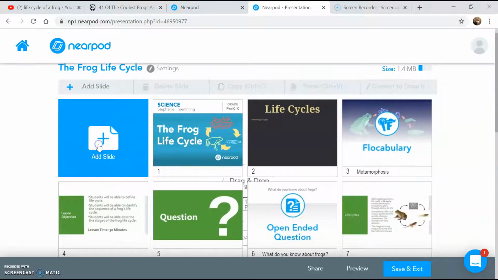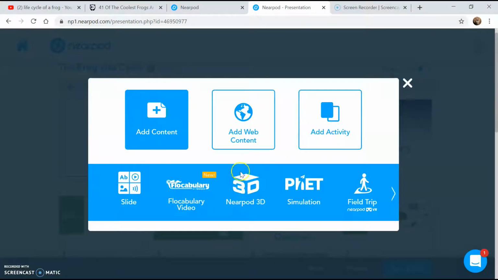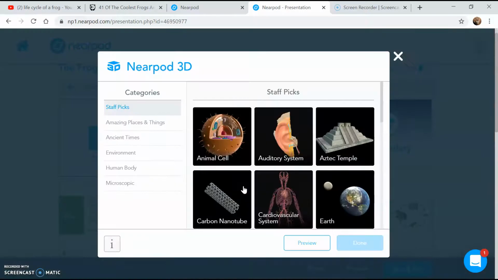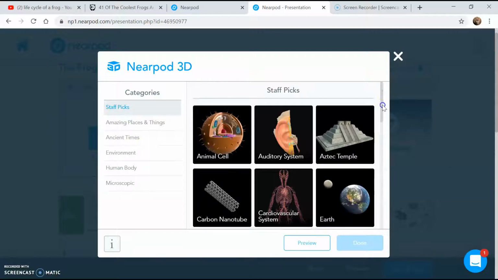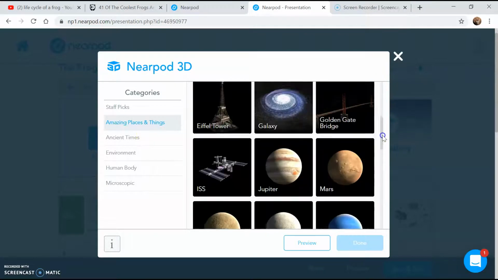Now, let's go ahead and experiment with some other content that's pretty fantastic. Nearpod 3D is amazing, but the content's very limited. They actually did not have anything on the frog, but they do have a lot of stuff. I'll just give you a quick preview. A lot of science-related things and social studies